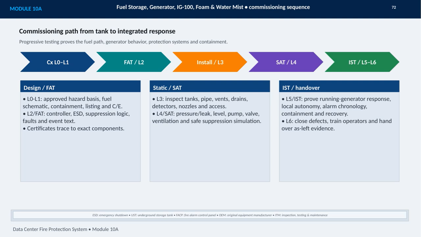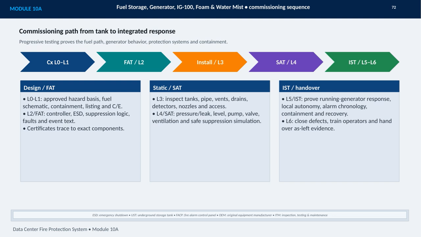The central idea is progressive testing. Each level builds evidence before the next level begins. The commissioning sequence runs from design and factory testing through installation, site acceptance, and integrated systems testing. At L0 and L1, the team confirms the approved hazard basis, fuel schematic, containment approach, equipment listings, and certificates of compliance. At L2, factory testing verifies the controller, emergency shutdown, suppression logic, fault behavior, and event text, with certificates tied